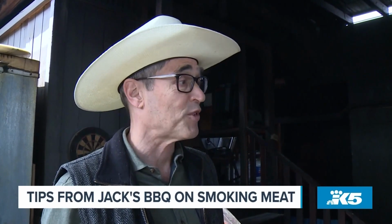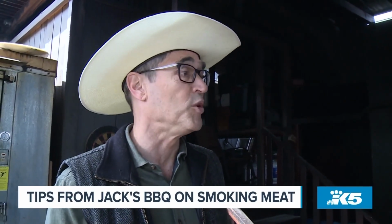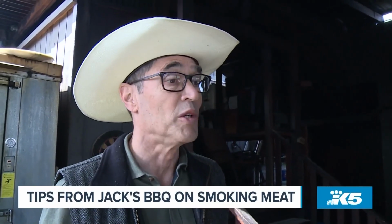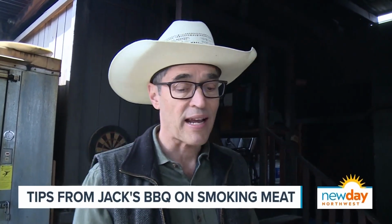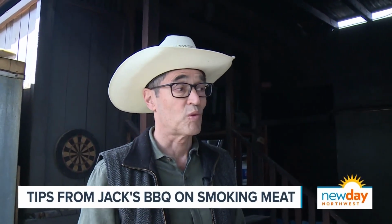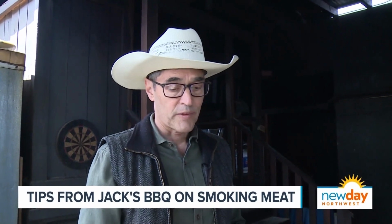But when you get a steak for your backyard, it's already going to be tender. It's a tenderloin or a New York or a ribeye or even a hamburger patty, right? So you don't have to cook it that long. But for those big cuts of meat, like I mentioned, it's better to cook them not directly over the fire to begin with. So what I would do in my backyard is set up my little grill with the